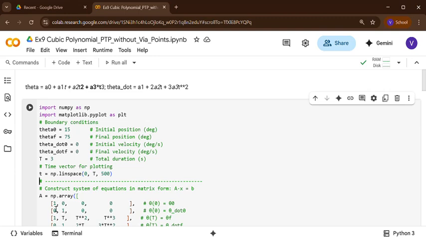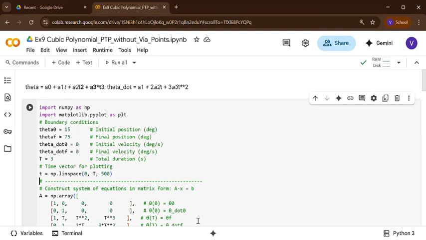In the second row, in theta dot, you substitute t equal to 0. You have only a1, you will not have a0, so a0 is 0 but a1 is 1. That is for the second row. The third row is where you substitute the final value, so you have all the variables: 1, then the capital T value, and then T square and T cube.